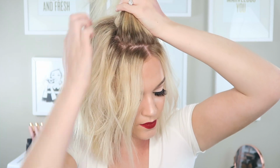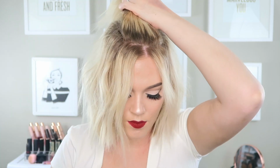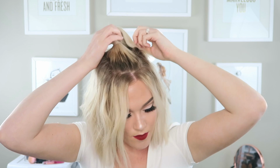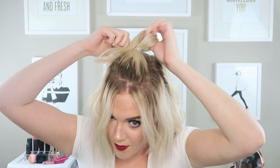As you'll see, I'm going to be doing a little updo type of bun on the top of my head, kind of like a top knot. So once those are both clipped in there, I am going to just square off the rest of that top section, kind of like a little mohawk section, if you will. And once that's all squared off, I'm just going to take a clear rubber band and create a little ponytail at the top of my head. Once that ponytail is in, I just pull at that little mohawk section to make it fluffier,